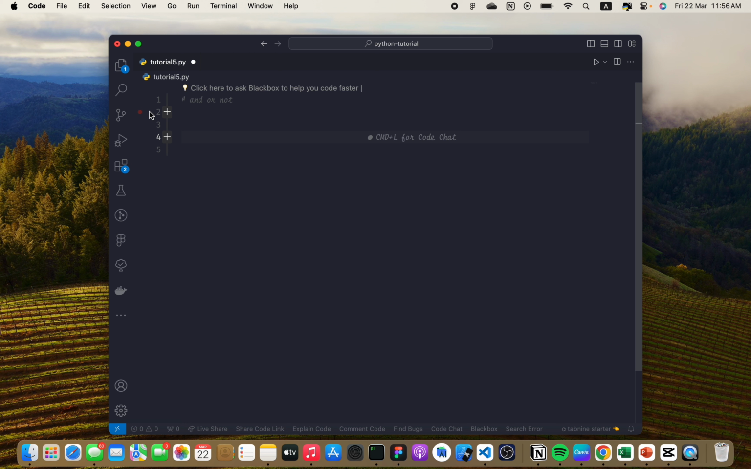The first one, the and. Typically the AND operator returns true if both the conditions on the left and the right side are true, or it returns false if one is true and the other one is false. Let me explain. Let's say we have x equals 5, and then we have y equals 10, and then we can say if x is greater than 0 and y is greater than 0,